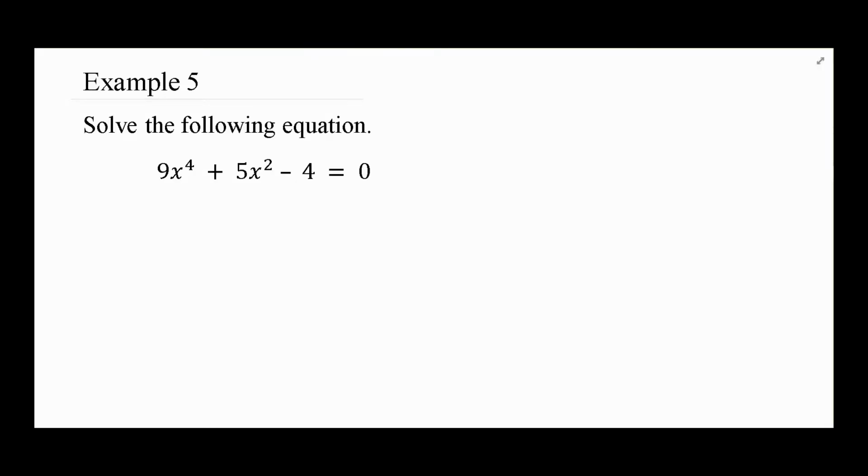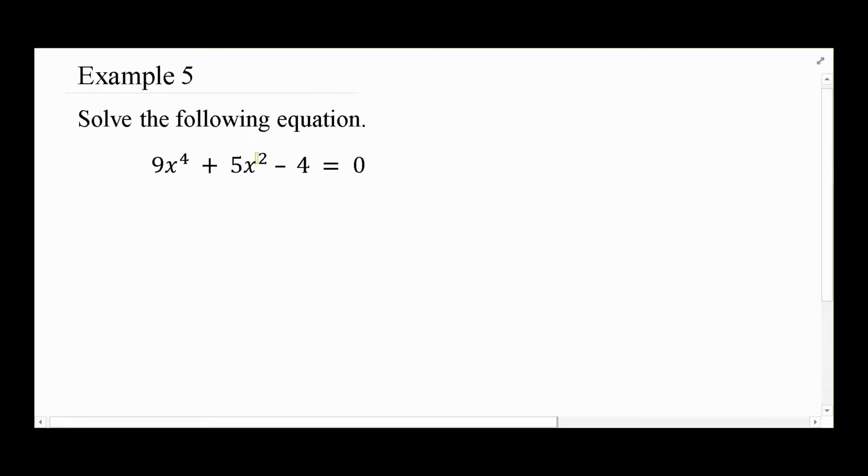Now we're going to shift gears into our u substitution portion of this lesson. What we're looking at now is an example that has an x to the fourth in it, and so we know we're going to expect 4 answers. Now the clue that this is a u substitution type problem is when we look at what the variable is and look at the fact that the other variable involved is that guy squared. So if we're looking at the fact that the one variable is x squared, if I square that, I get